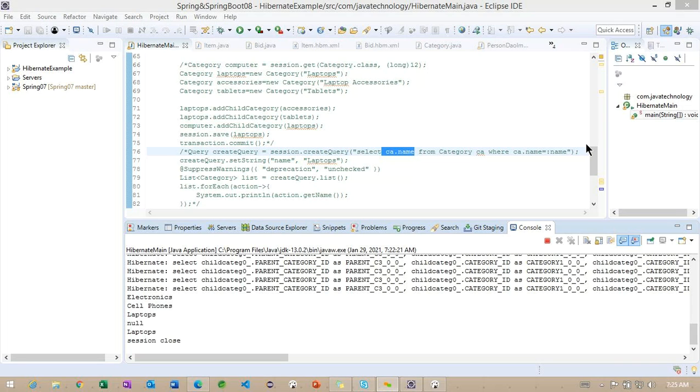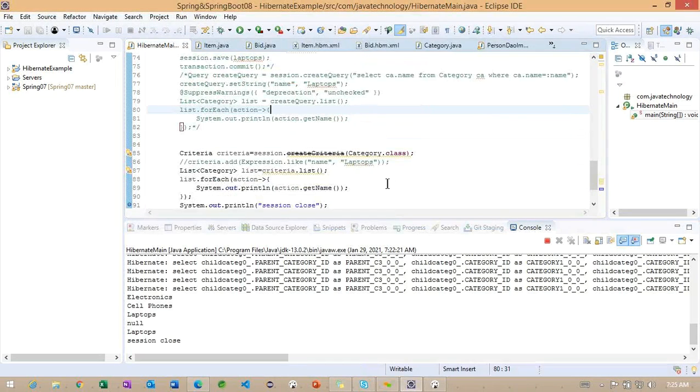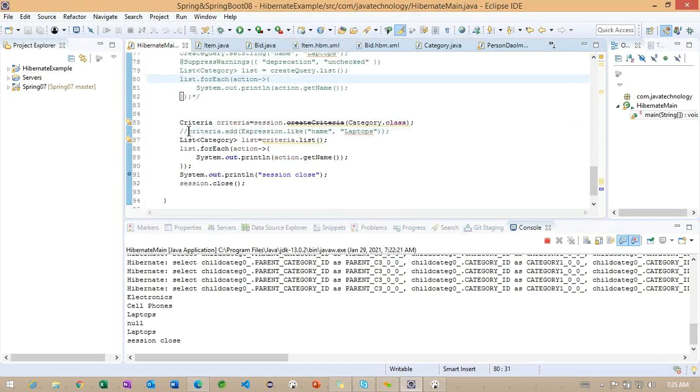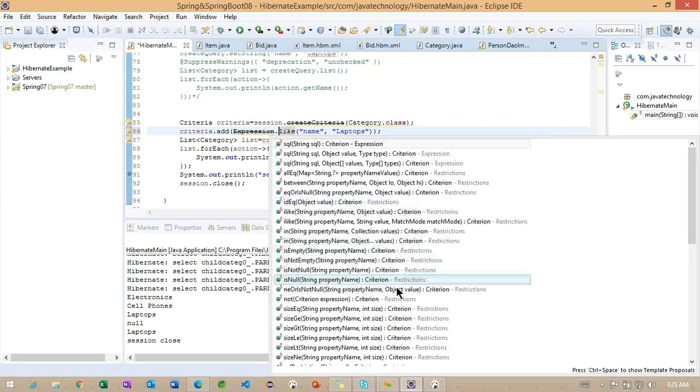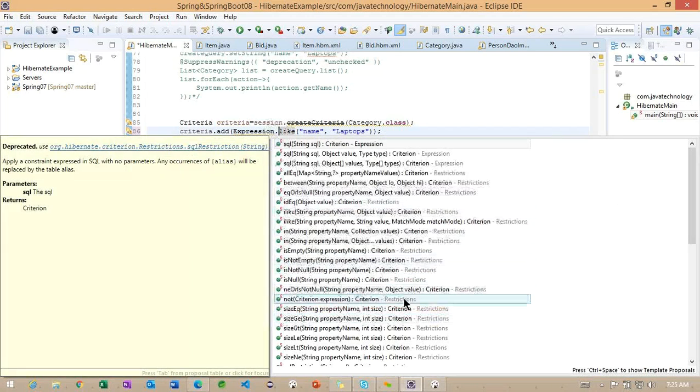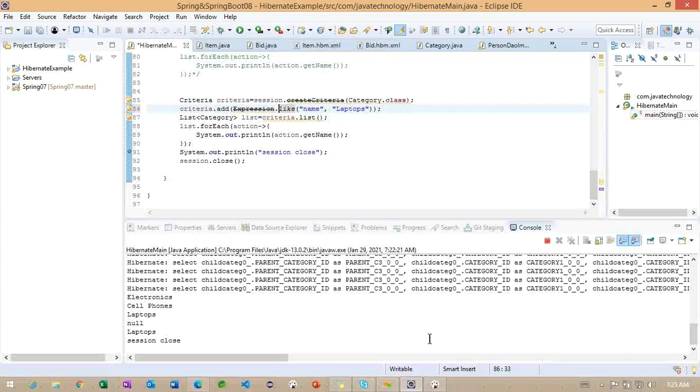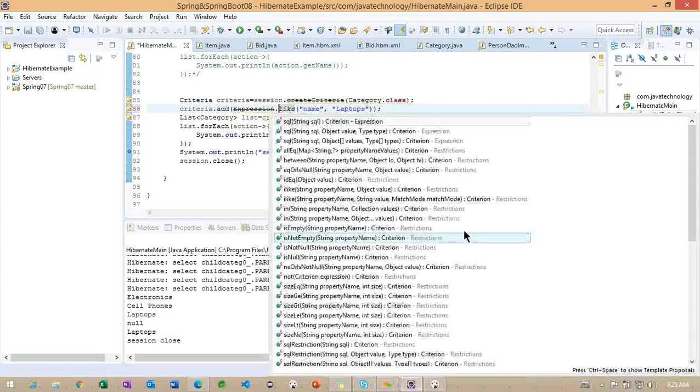See, in expressions you will find different information here. Carefully observe the expression, these many methods you will find. Equal, or, between, something; in the expression we can also write SQL.